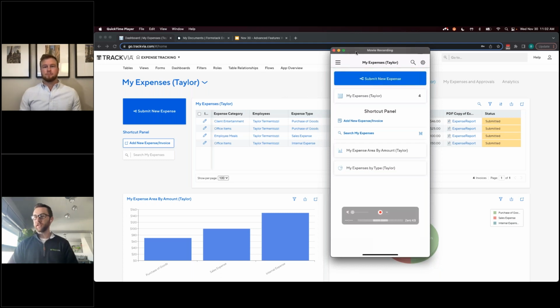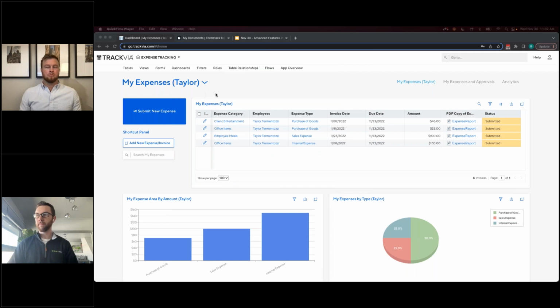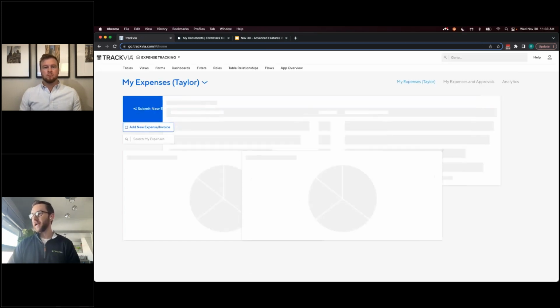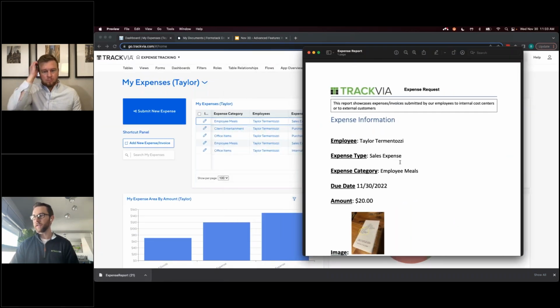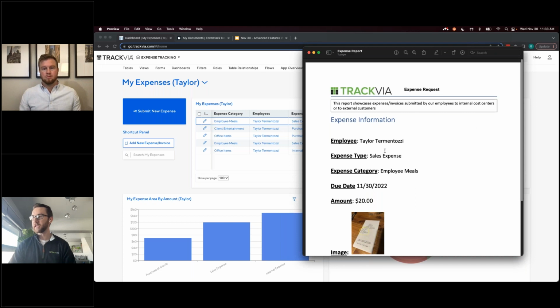When I do that, a couple of different things are going to happen in this example. I'll move my mobile device back over. And if I refresh my screen here, you're going to see that we've had a new item added. Here is the PDF document that was generated via FormStack. We'll take a look at that in just a second. And if I pull that over, what you're going to see is essentially all of the information that we just put in place here, Taylor, sales expense, employee meals, due date, amount, and the image